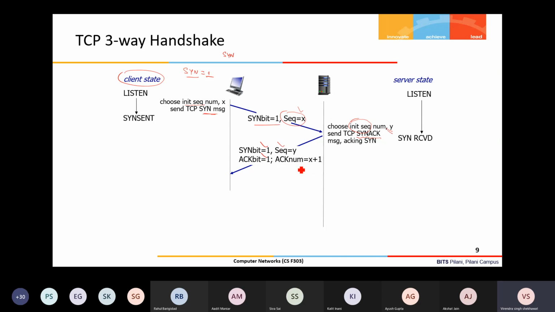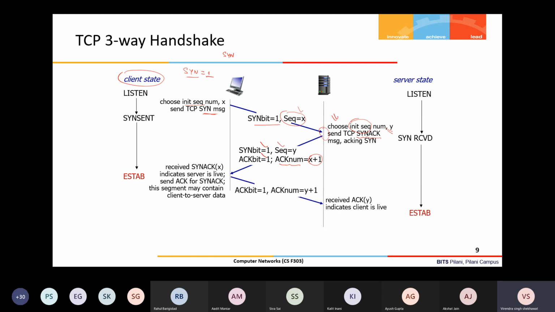The acknowledgement number it sends is X plus 1, indicating that up to X I have received, and X plus 1 is the next expected from your side, right? So here at the server, the connection is basically half established, because up to this point the server is not sure whether its communication has gone to the client or not, because that might be lost or delayed. If no reply comes, then the server may send SYN-ACK again after some time, right?